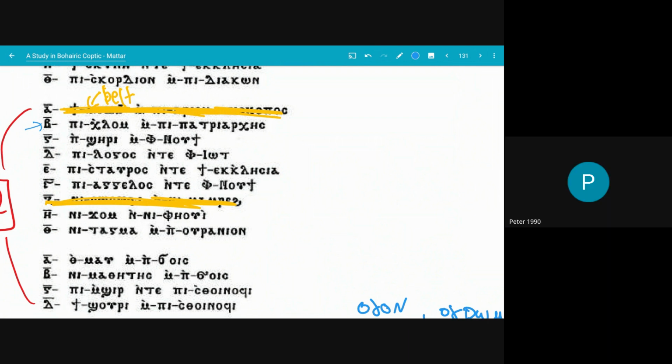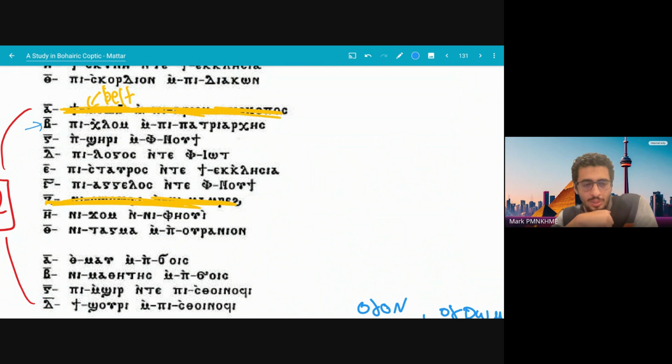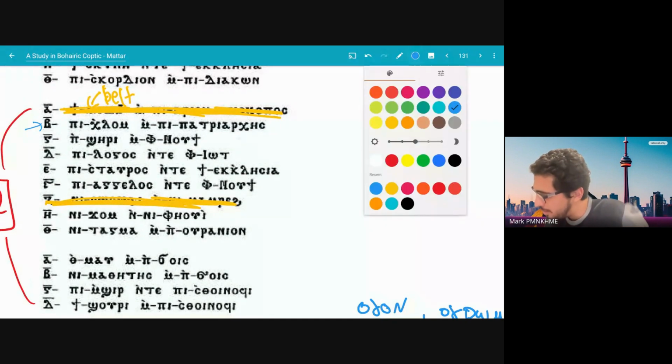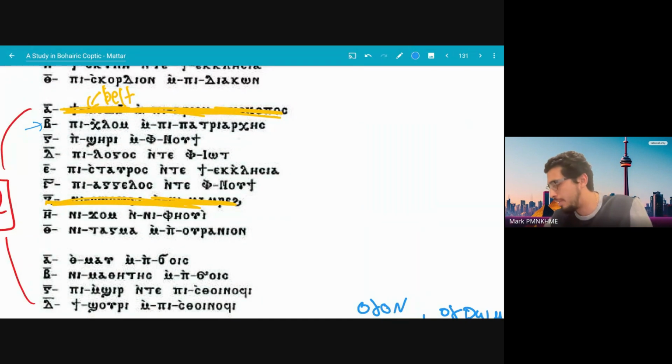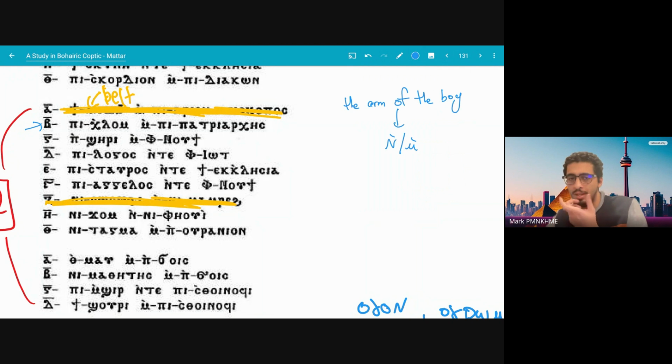Okay, thank you. All right. Did we also do the NT last week? Quick reminder on the next rule that we covered last week, which is the genitive. I'm not sure if we did it first or second week, but let's do a quick review. If you have a word, so let's say the arm of the boy, for some reason you want to say that. This would become an N or an M if it comes after a labial sound, a sound that looks like an M or a B, which is like a P, PH, all that, or nt.